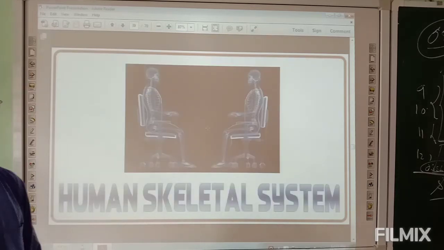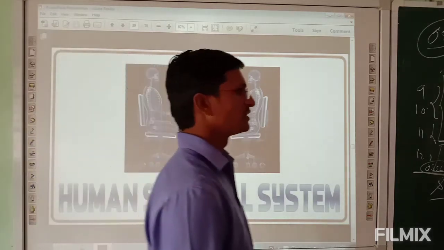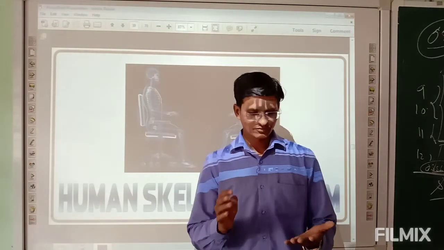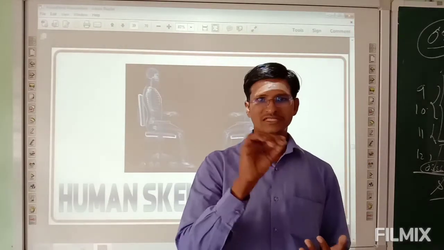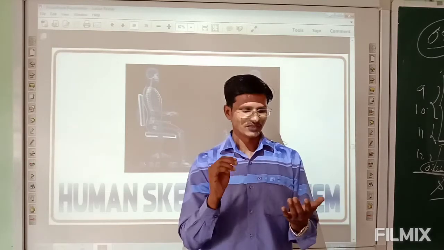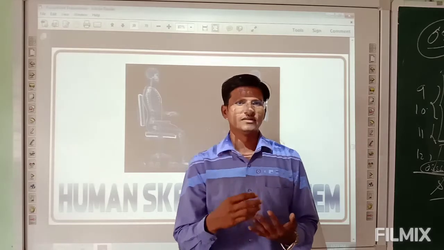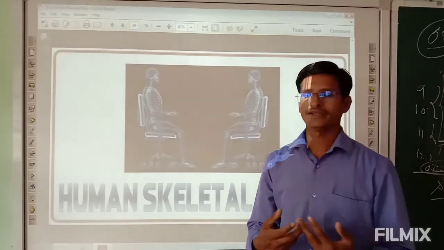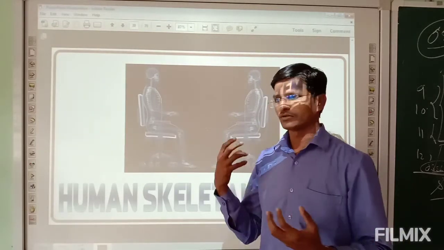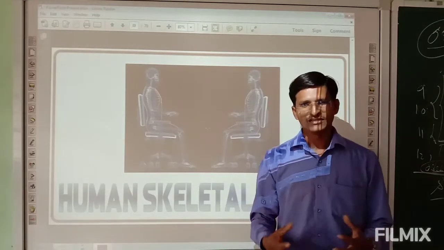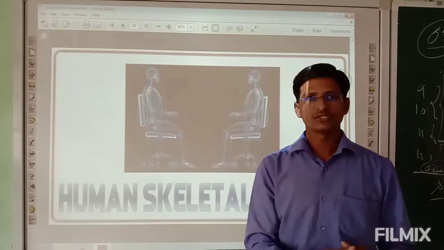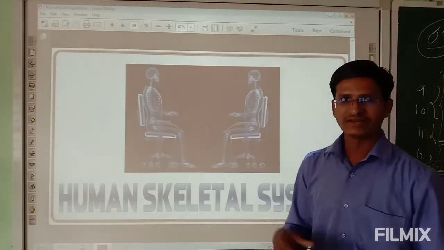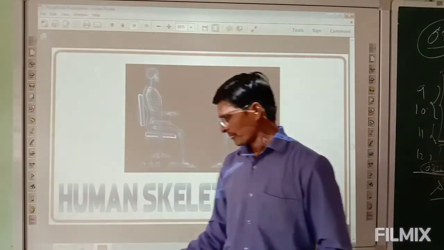So the human skeletal system we need to discuss, because this has already been taught in previous standards. Suppose it was there in the first standard also, because it is mentioned that the skeletal system was in the lower standard. It means the functions of the skeleton, what the function of the skeleton is, what organs are involved in it, and that without muscles and skeleton, our body looks like a jelly. So you may have this type of previous knowledge. Here we are going to study some human skeletal system related topics.